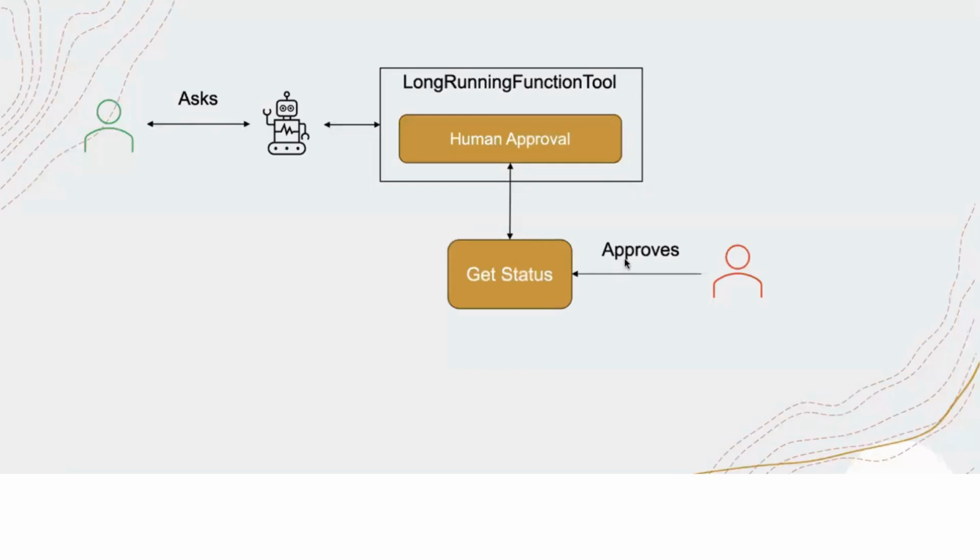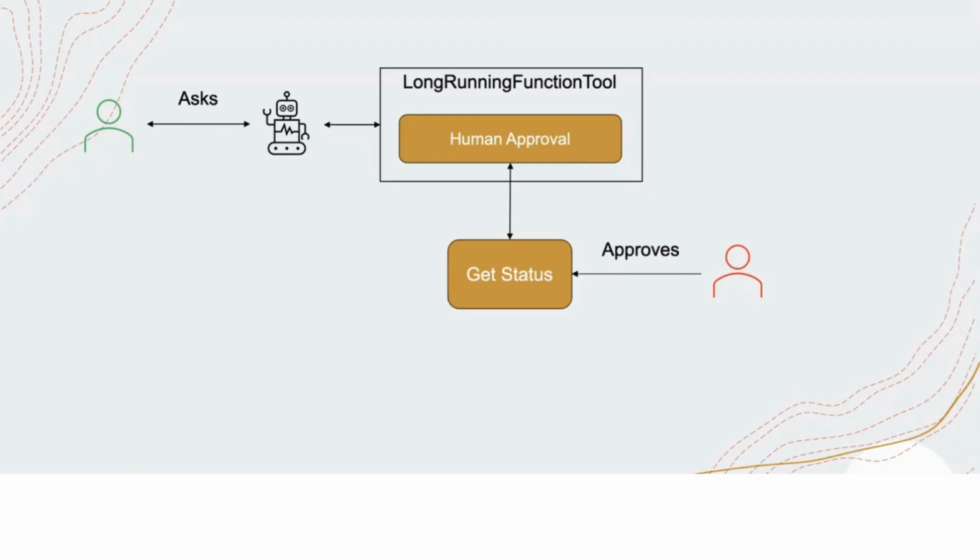So I spent some time to find out how human in the loop can be implemented in Google ADK, Agent Development Kit. What ADK has introduced as a feature for enabling human in the loop is the long running function tool. How it works is when a human asks a question to an agent, and the agent, let's say, wants to take human approval, it will create that human approval logic or that particular function as a tool,